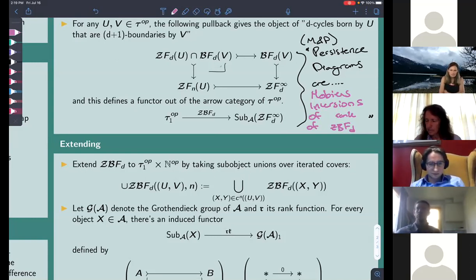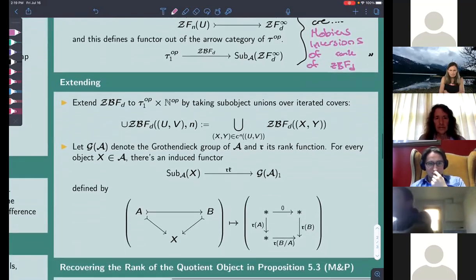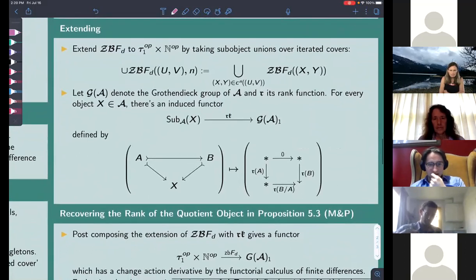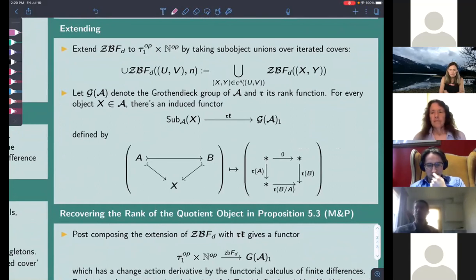So this made Christine and I think about finding a context in which we could see persistence diagrams as a kind of categorical derivative. And after looking for a while, we decided we wanted a categorical notion of finite differences to do this. So in order to make this make sense, we need to extend the birth-death subobject and the rank function. So first we extend the birth-death object to